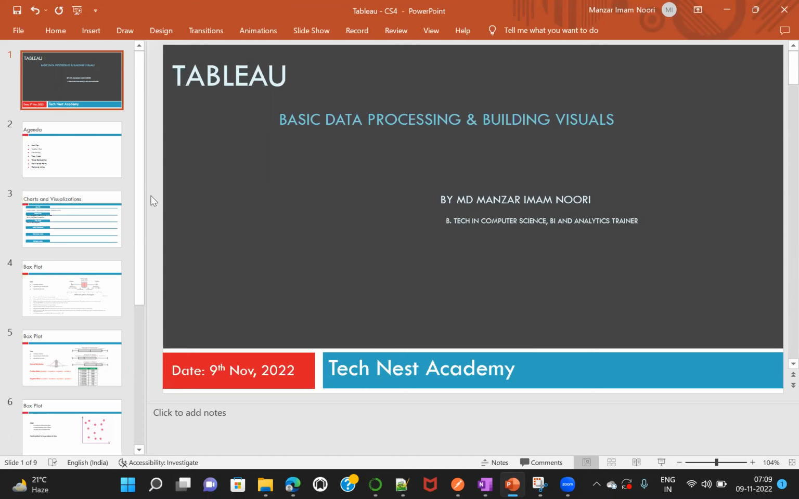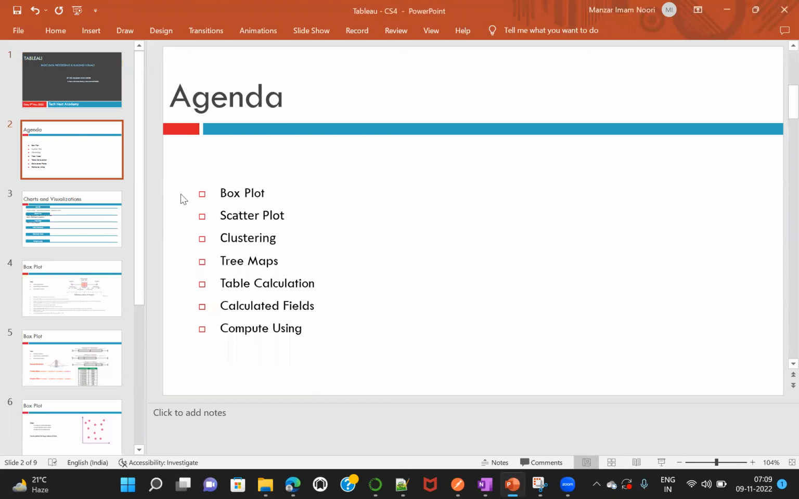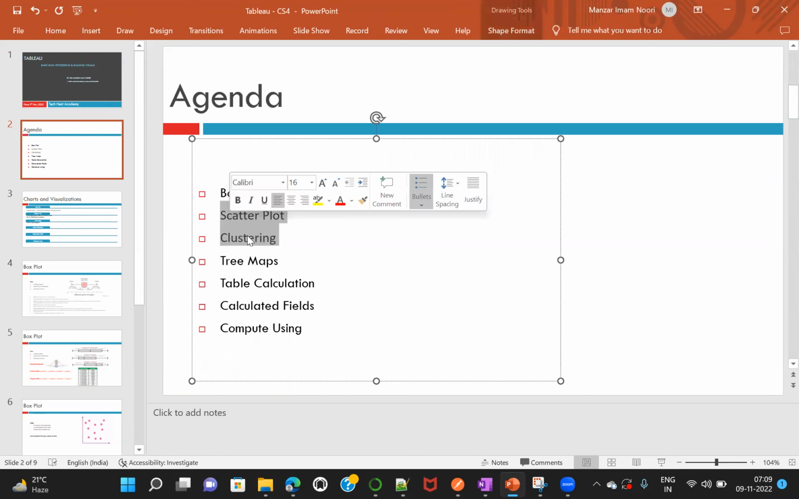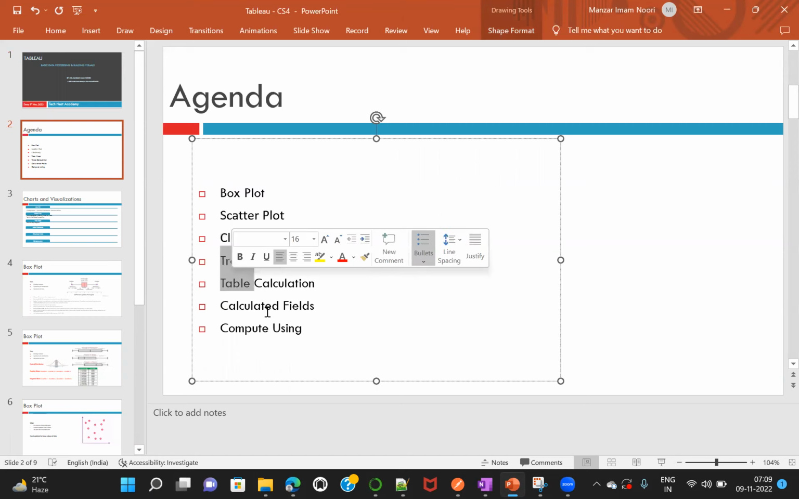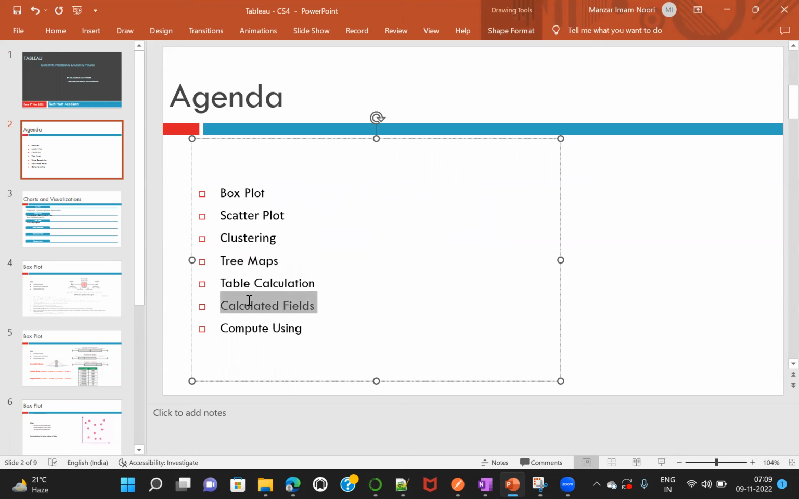So today we are going to see these few things like box plot, then a scatter plot, clustering, and also we'll see these few things again later. And tree maps, table calculation, calculated fields, and this will be continued because this will be required as we go ahead, right? Always we have to create some calculated fields. So we'll just start with the calculated fields and how